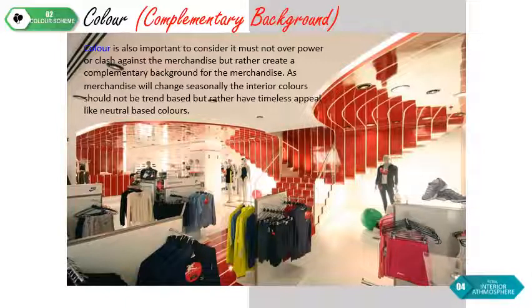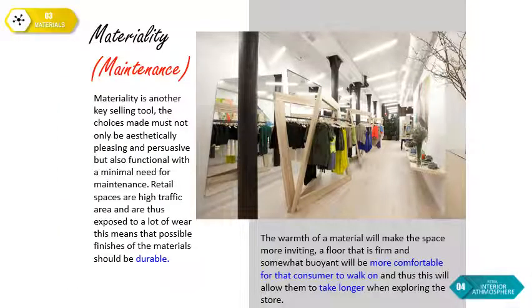So in this case, if you look at the picture, they use white and emphasize with red. They use only two colors. But take a look at their products. The products look appealing because most of them are dark colors. Yes, grey, white, earth colors, striking colors other than red. Even though some are red, they are not overshadowed by the interior. Right? Okay, so in terms of material, the use of material in retail,